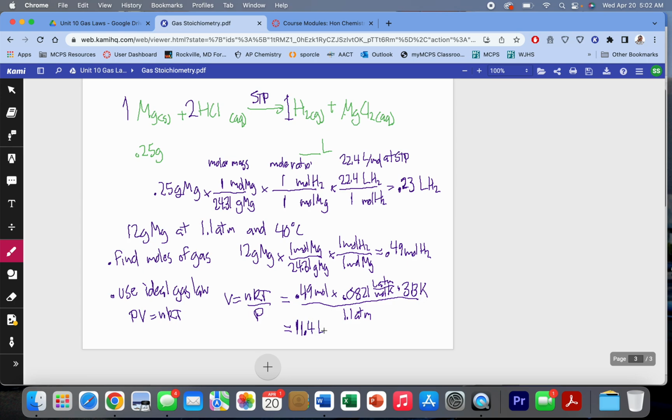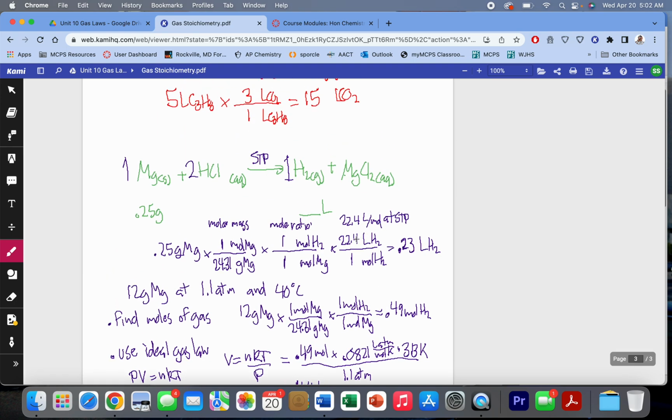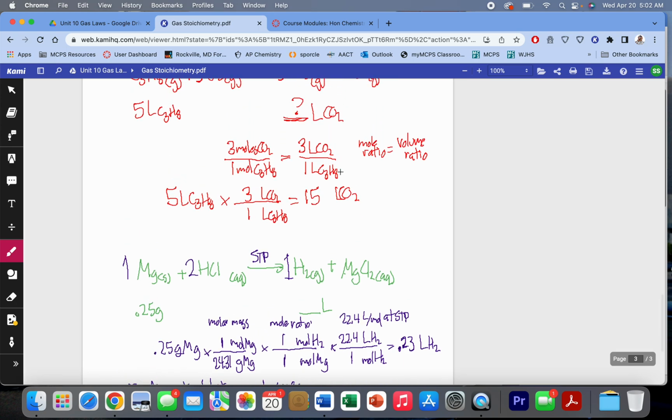But it's the same idea, right? In other words, we're going to use stoichiometry to find the moles, and then we're going to use some gas relationship to convert moles to liters. In this one, we just used the whole ideal gas law, but above it here, we just used sort of a simplified version of the ideal gas law because at STP, we know the ratio. Over here, we know that the ratio of moles and the ratio of liters are the same, so basically, I said